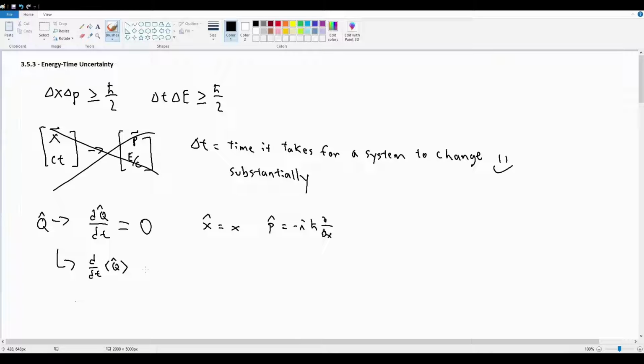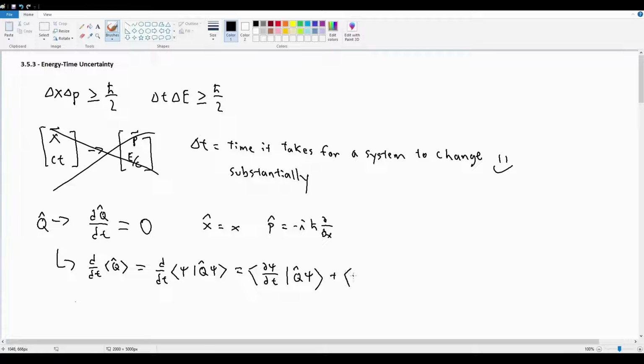And this is something that you can actually work with. So let's expand the expectation value of q in bracket notation, in which case we get d by dt of the inner product of psi with q hat acting on psi, like this. Then if I shove the derivative into this bracket and use the chain rule, this is going to give me three terms. This is going to give me d psi by dt inner product with q hat psi